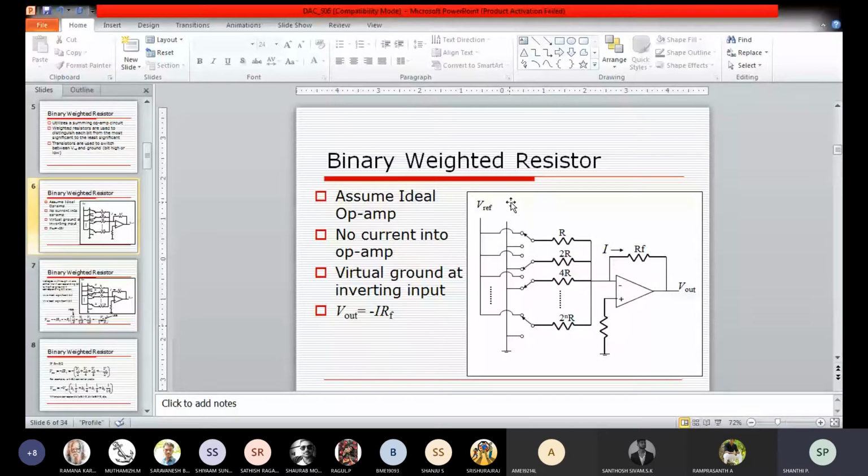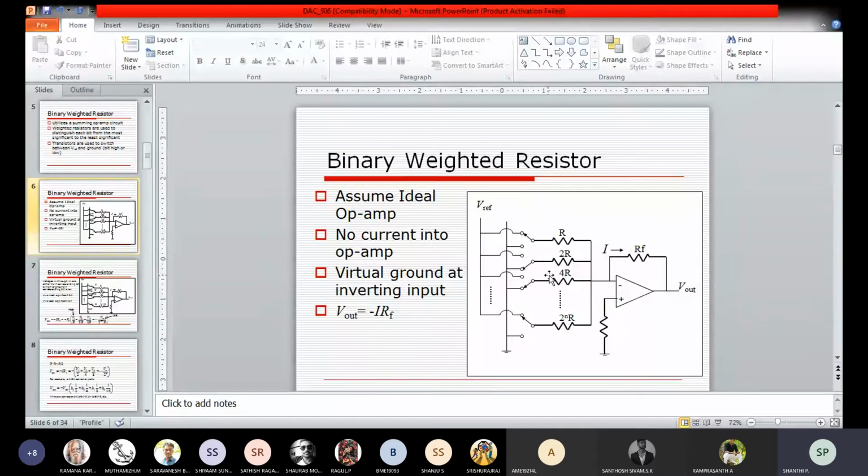Okay, 2 power n depends on how many resistors, depends upon the input signal. 5 digit means 5 resistors required. 2 digit means 0 and 1, only 2 resistors required. First resistor we have 2 power n into R. N is equal to 0 means only one resistance. Maybe 2 power 1 into R. Or similarly, we have to connect.